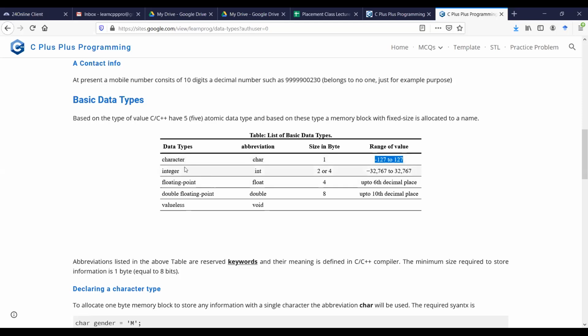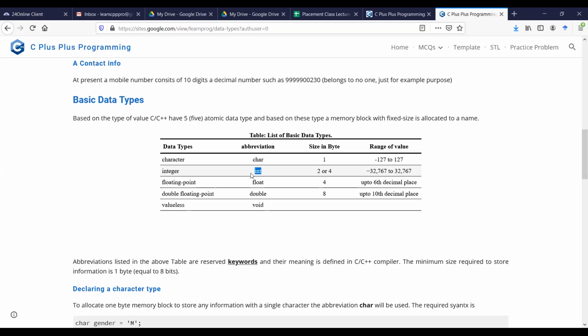Then in addition to this, we have the integer data type, for which we normally use the abbreviation int. The size of an integer normally depends on the system, whether the system is 16-bit or 32-bit. In a 16-bit system, the size of an integer is 2 bytes, and in a 32-bit system, the size of an integer is 4 bytes. Presently all our systems are 64-bit actually.